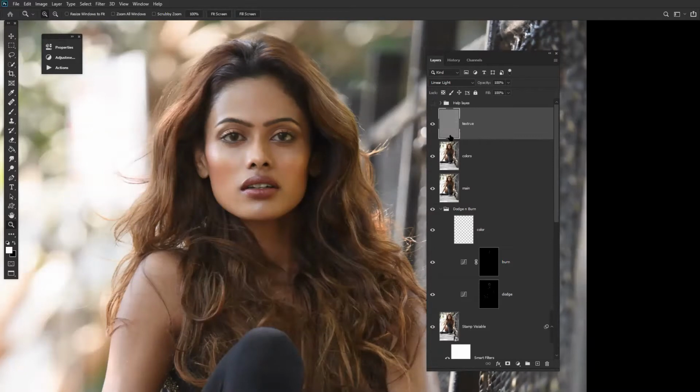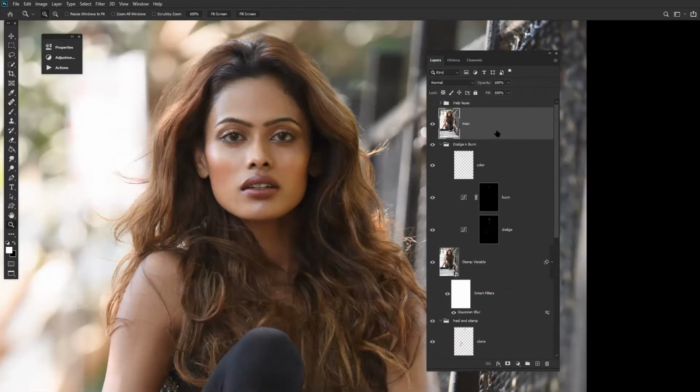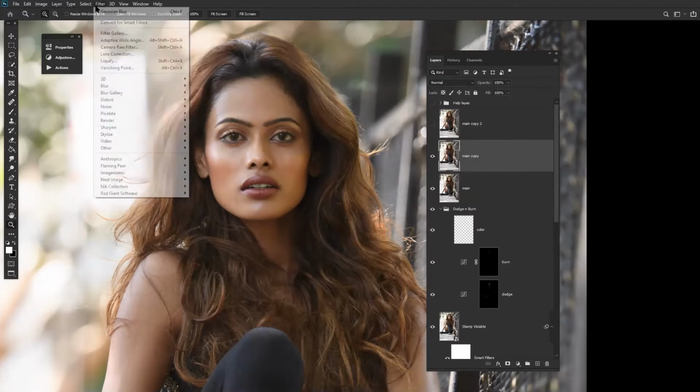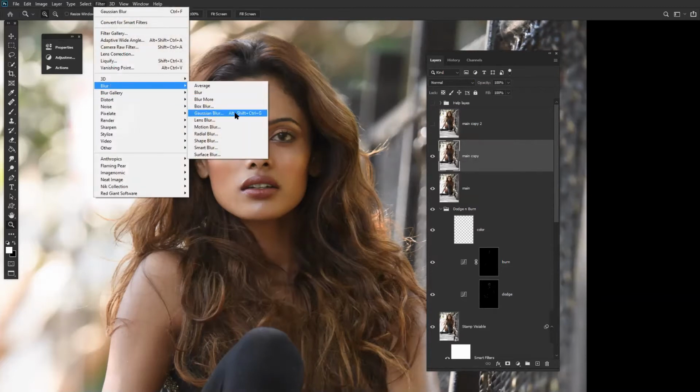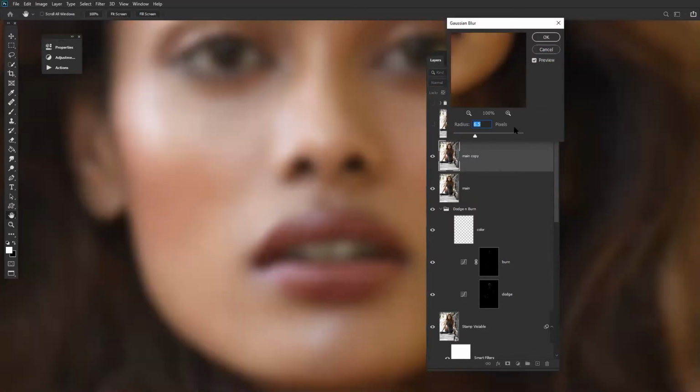Got it? Shall I tell how to make the frequency separation layer once again, or is it fine? Yes, please, once again. Okay. Main layer, we make 2 copies. Control J is the short form, or we can drag over here to the plus. We make 2 copies of the layer. First, let's switch off the first layer. Go to filter, blur, Gaussian blur. Okay. We have to just see that the textures of the images are gone. 6 to 7 is where the textures of the images are gone.